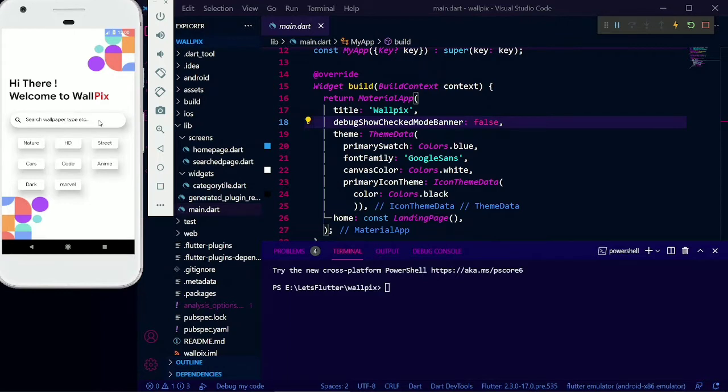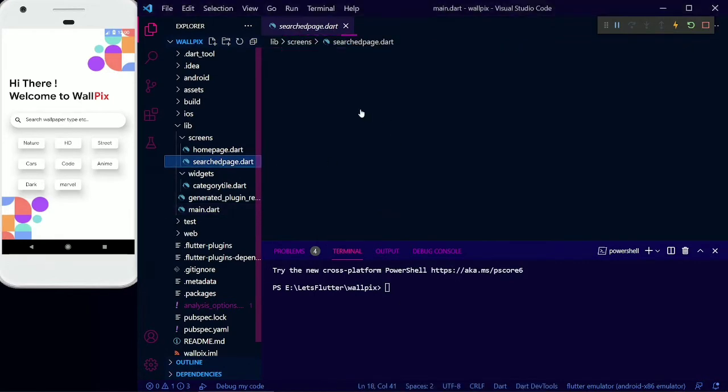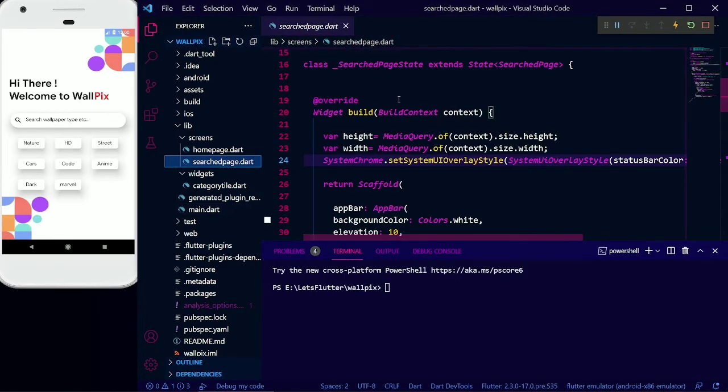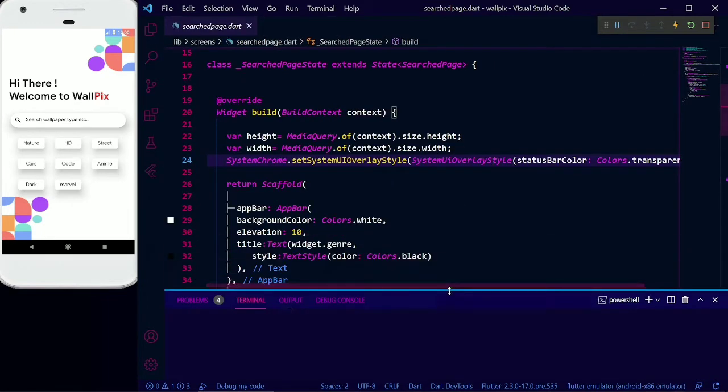So for that, we will go to our search page, and here we will make a function.